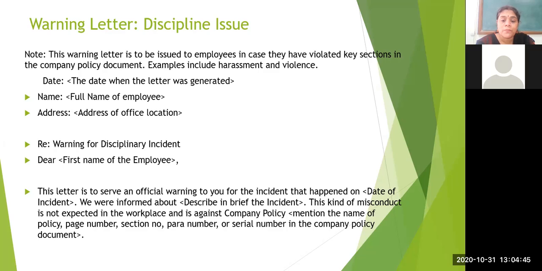So each and every policy is related to absenteeism, dress code, cleanliness, attendance, the day-to-day routine, sanitation, hair, work, recruitment. Different policies are mentioned in one particular document, and it is published or distributed among the departments. So mention the name of the policy, then on which page number that policy is, and the section number.